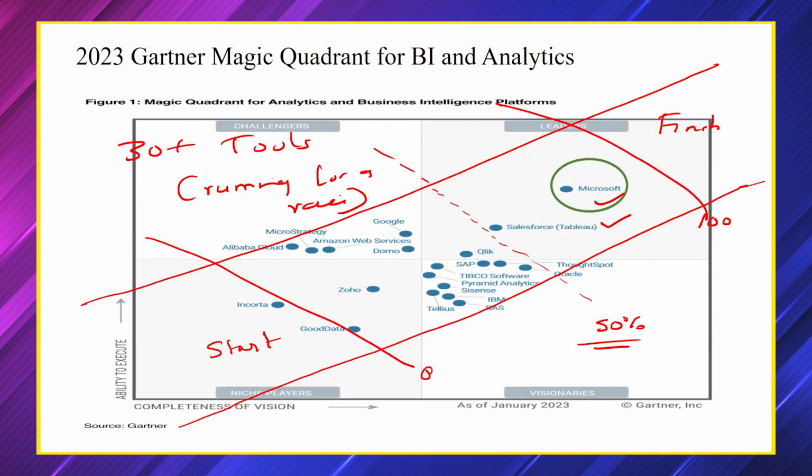The next analysis, 25% of the race. A lot of tools have collapsed in the starting itself. If these tools have to become like Power BI, you have to wait for at least 2 generations. Maybe my son's kid can start using them, provided they come to the market. These 25% of tools have collapsed at the start, so where will they reach the top? That is what you have to analyze.